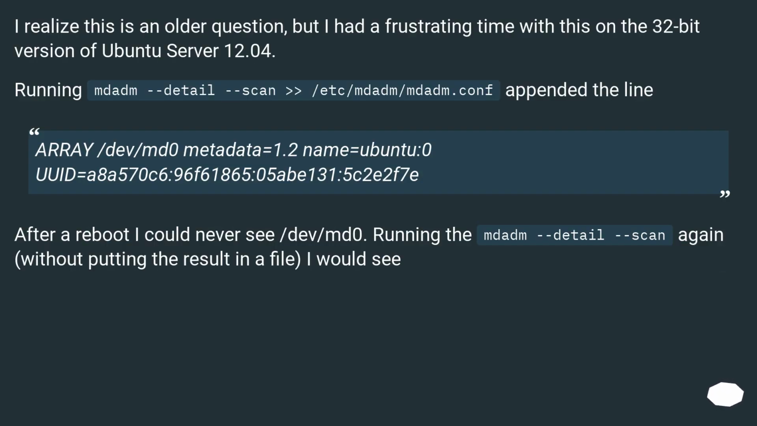I realize this is an older question, but I had a frustrating time with this on the 32-bit version of Ubuntu Server 12.04. Running mdadm --detail --scan >> /etc/mdadm/mdadm.conf appended the line ARRAY /dev/md0 metadata=1.2 name=ubuntu:0 UUID=A8A570C6:96F61865:05AB131:5C2E2F7E. After a reboot I could never see